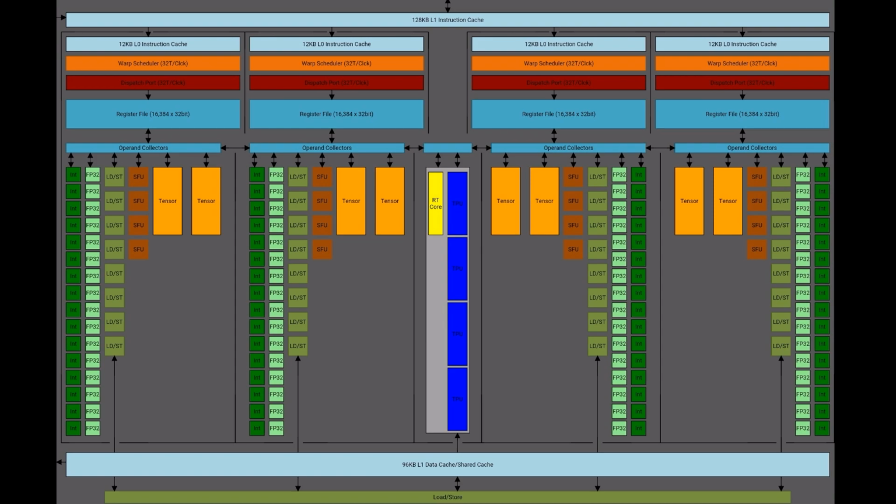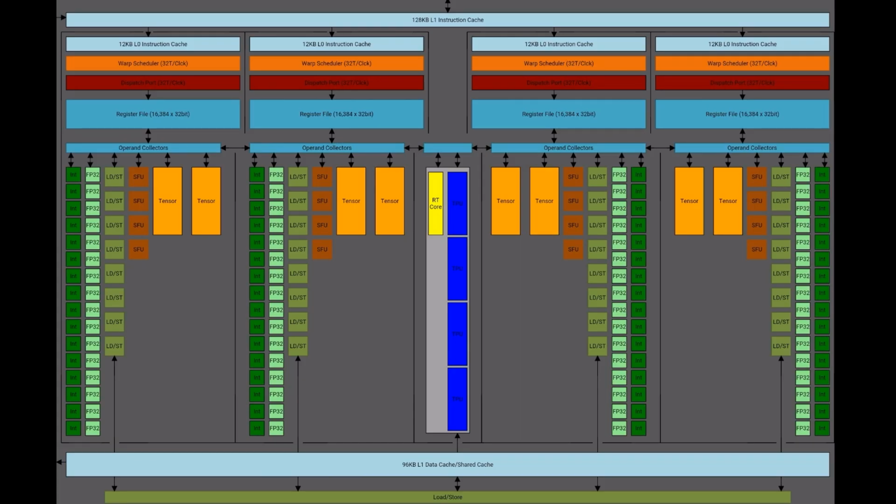And what we're looking at here is the split of integer and floating point units. Now, something that we always have to take into account is the warp scheduler. In terms of AMD, they call it the wave scheduler. Whether it's a wave or a warp, it doesn't matter. It's the exact same thing. Now, what we're looking at here, which is actually pretty similar to what we're looking at with Ampere, sans a few differences, which I will touch on in a moment, is essentially that the warp scheduler is able to dispatch,